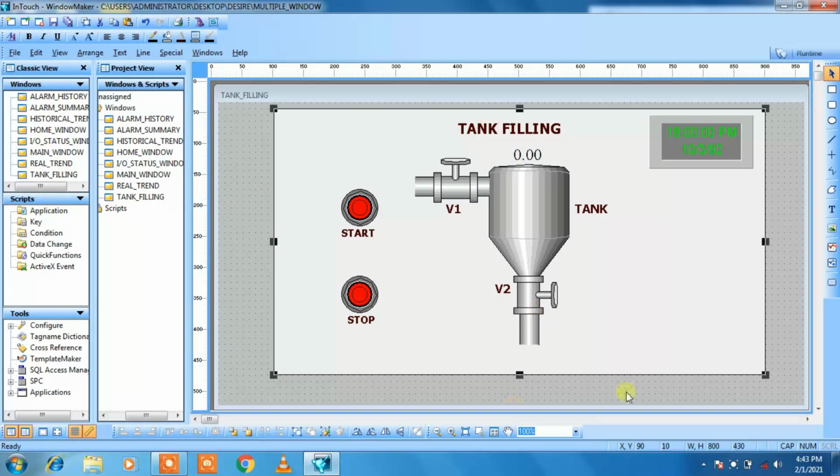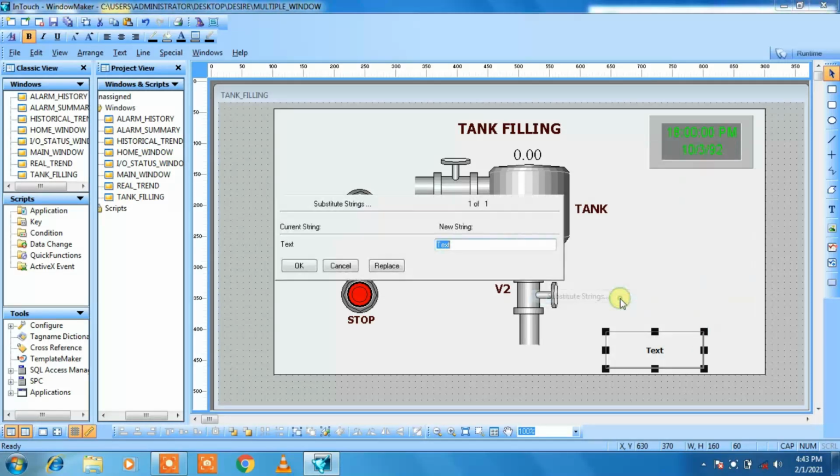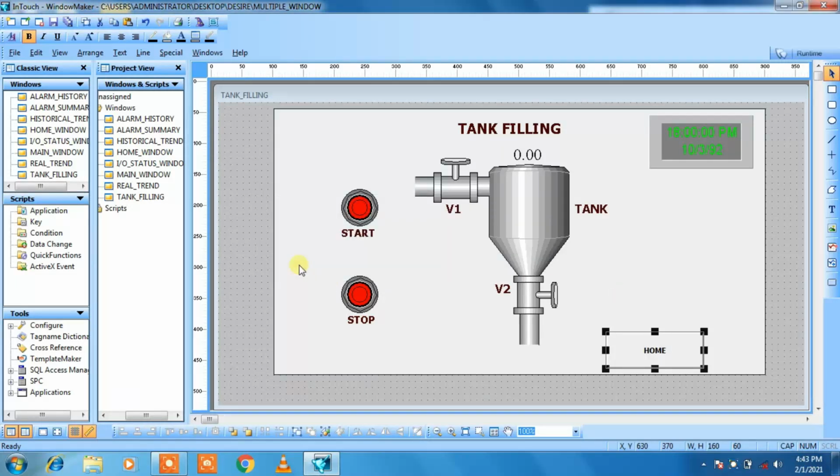Now we want one button to switch to the home screen. For that go to the button and take one button over here, right click on it, go to the substitute string, give the name as home, click on OK, and increase the font size of the home text.